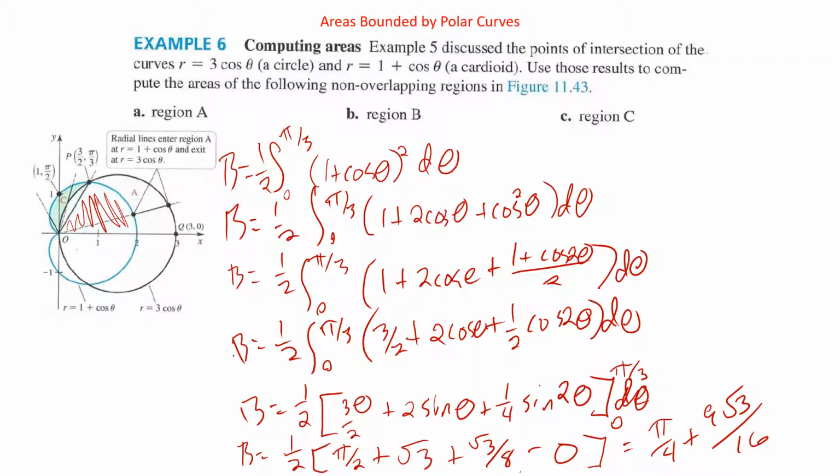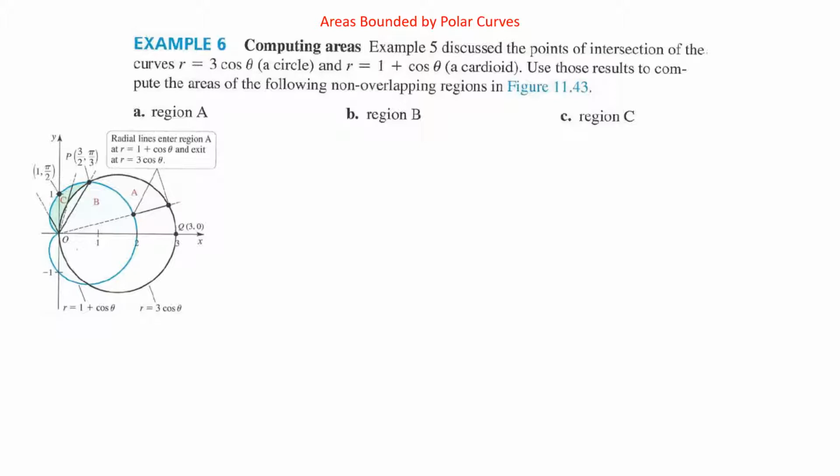cardioid. How about the last part, region C? Region C is going to be this area up here where the cardioid is greater than this circle. So it's going to be the cardioid minus the circle. Now, it gets kind of weird because we're going to need to stop it at the axis, because otherwise we're going to get positive area, negative area. So we'll stop at the axis, we'll add both of them together. And so we will have